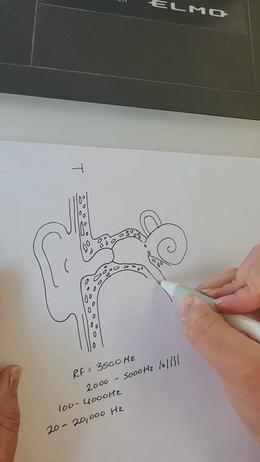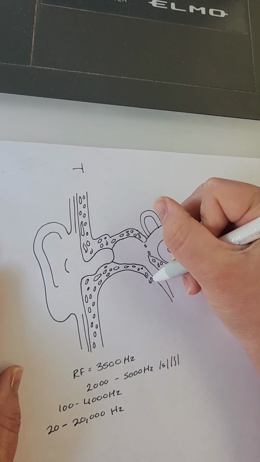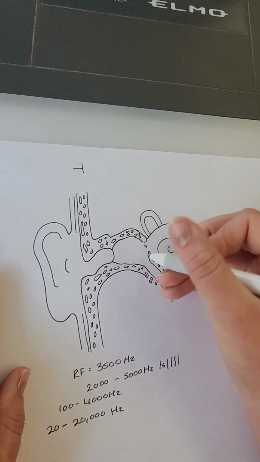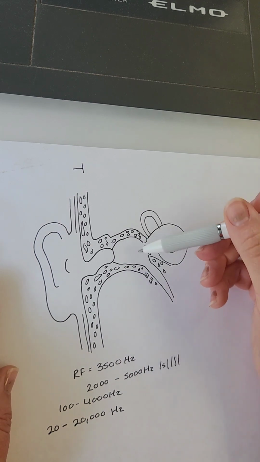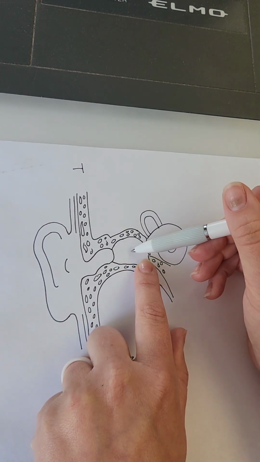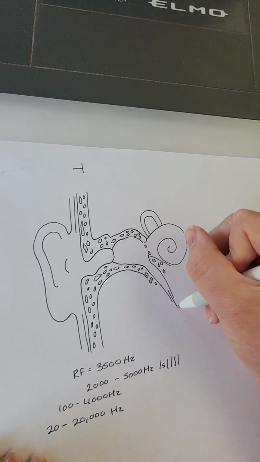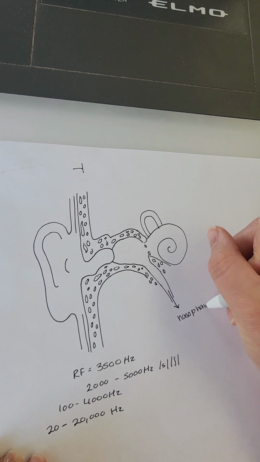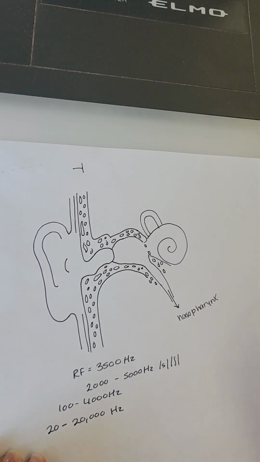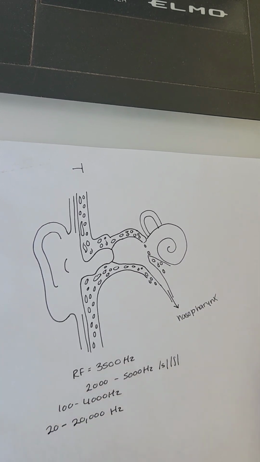Okay, and then down here at the bottom, you see we have this kind of empty tube. That right there is our eustachian tube. So one end of it starts here in the middle ear, and this goes all the way down to our nasopharynx. And it lets out there. So we can't see the exit to the eustachian tube because we can't see the nasopharynx, but that's where it